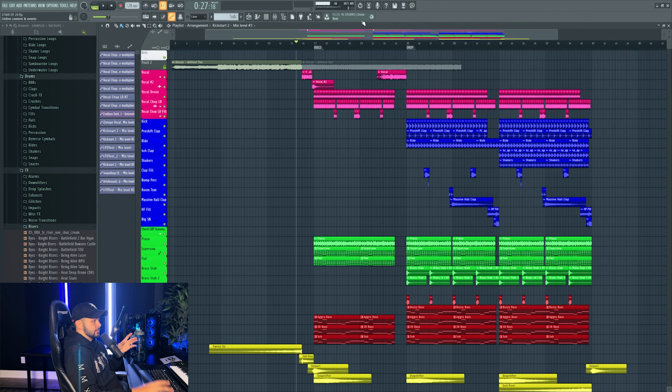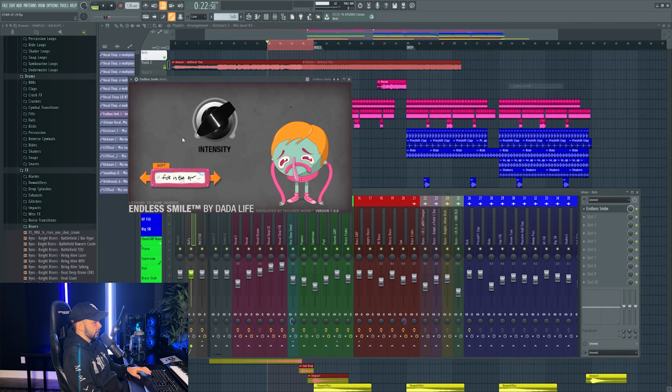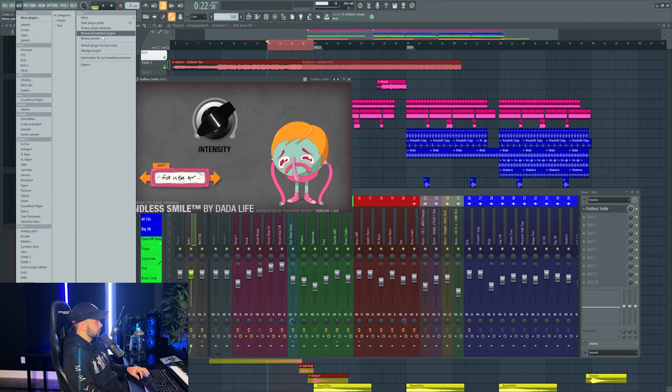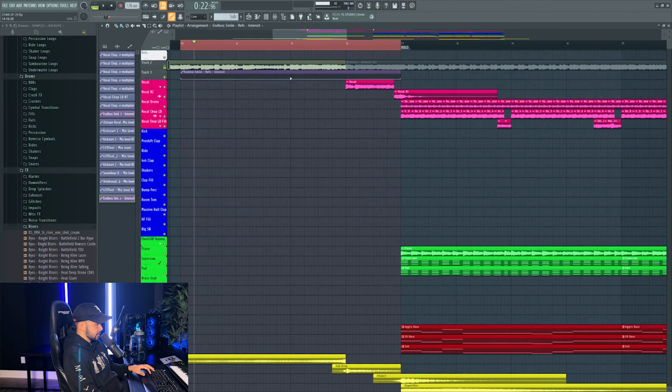Let's go back to the beginning of the track, the build-up, and let's smoothen this bad boy out. So firstly, to take us from the original Alesso track into our transition, I think using an endless smile will help smoothen that transition. Right now, it is a little bit too rough for my liking. So quickly, what we could do is just a little bit of endless smile action.